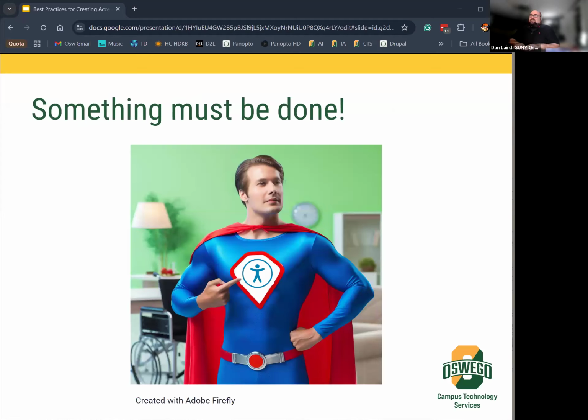You don't need to be a superhero to make a difference. This is an image I created with Adobe Firefly, which is AI, of a man in a Superman outfit with an accessibility logo instead of the S. A Herculean effort's not required to make a difference with accessibility.